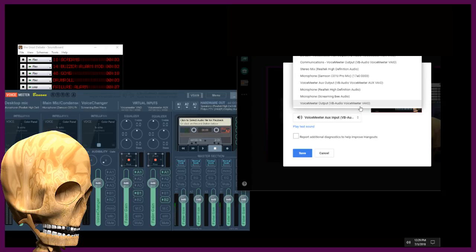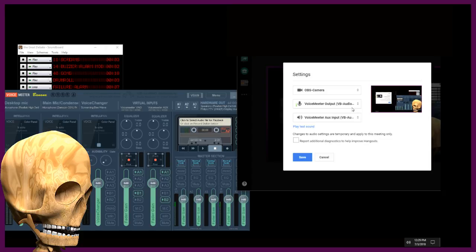I know there's a lot on this list. Ignore most of them because some of them are just repeats because of the way the drivers work. So you're going to select the VIO. By doing that, anything you put out to B1 comes in here. So when you talk or play sound effects, it goes out into the server or Hangout or whatever you're talking into. Then you go to your output and you make sure you change that to the voice meter auxiliary. And what that'll do is put anybody talking into this